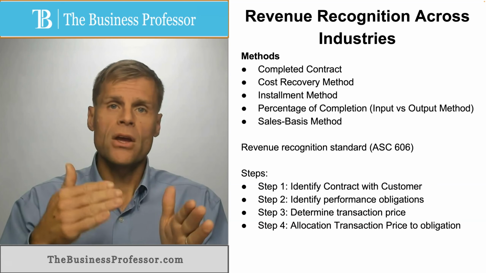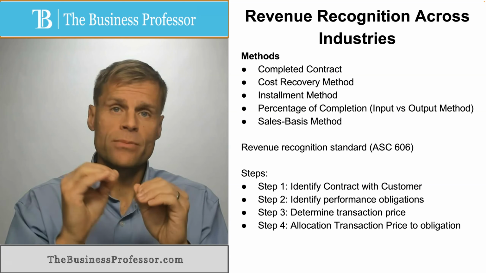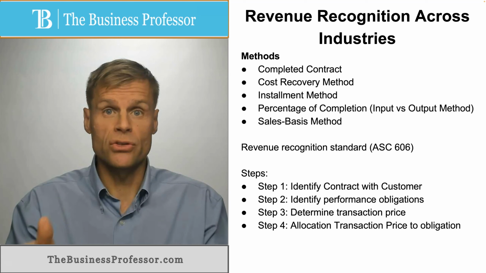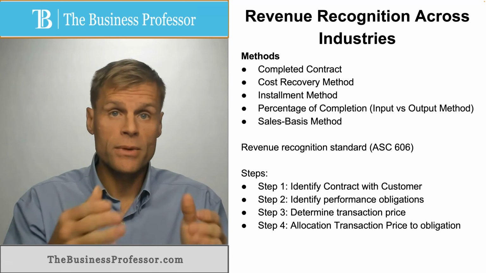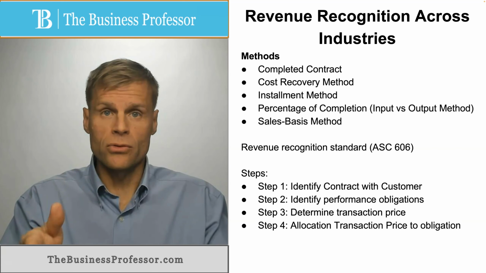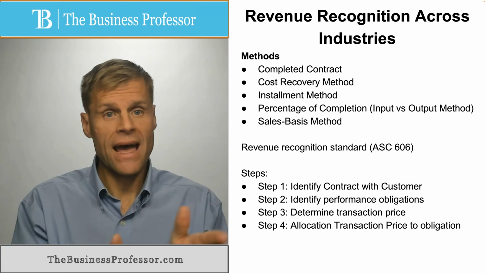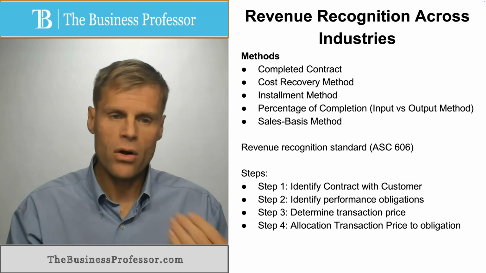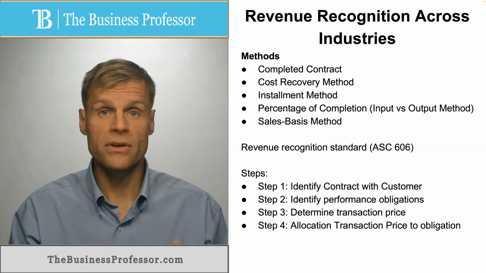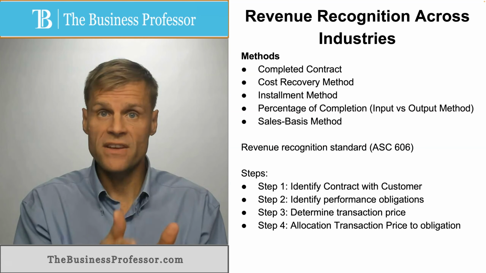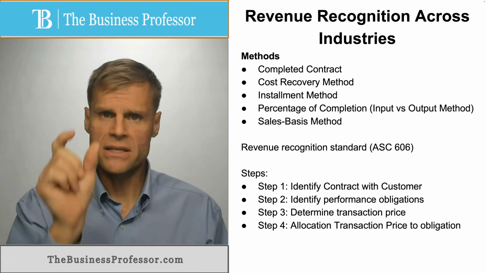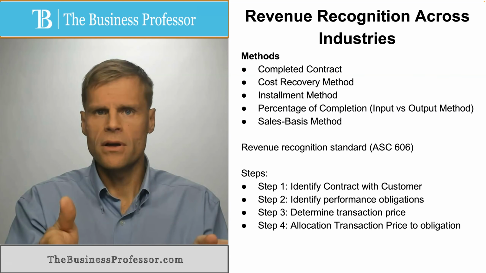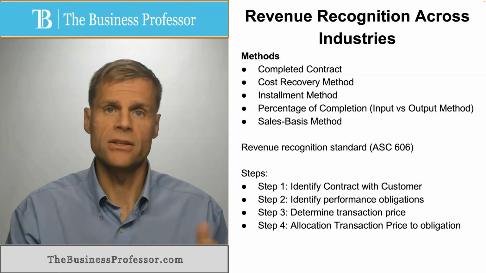Okay, then you allocate the transaction price to the obligation as closely as possible. If it's busted up into different installments or divided up into performance segments, then you would be able to allocate certain elements of that price for performance to those different elements. Now, are there things in there that are related to cost recovery? Yes, they still are, and you can fit these other methods within this approach. But as long as you identify the price to the collective obligation under the contract, then you're complying with this